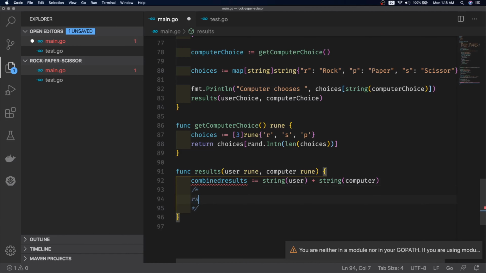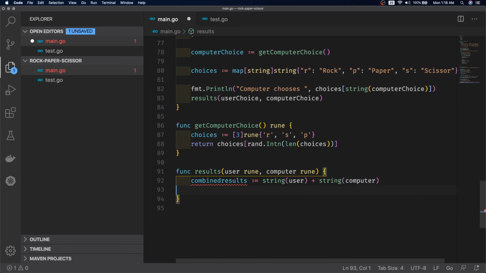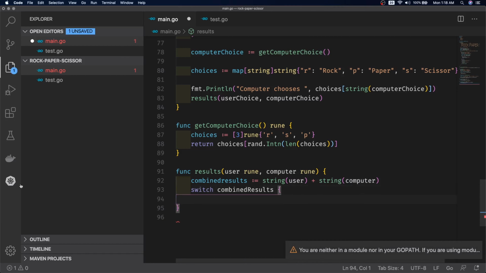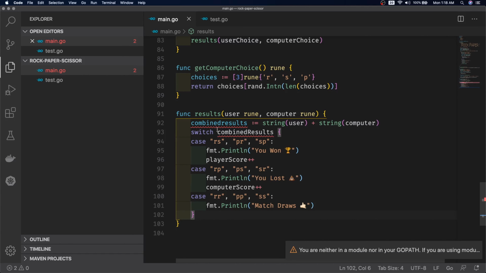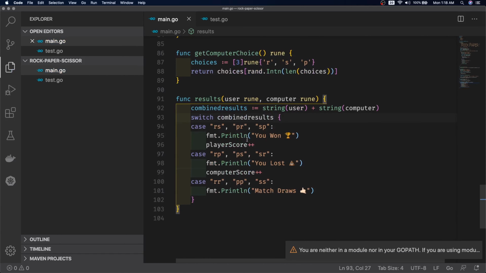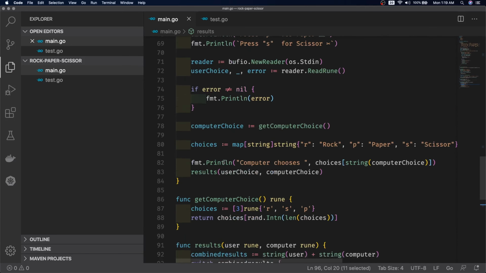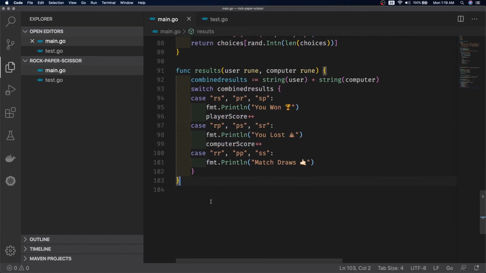As you can see, the first, RS, means rock scissors. The first character is the user's and the second one is the computer's. So we can make use of switch statements. Let me grab this switch statement from my old code. Now, as you can see, I've defined RS means rock scissors, PR paper rock, SP scissors paper. So these are all winning conditions. So I just printed out simple values.